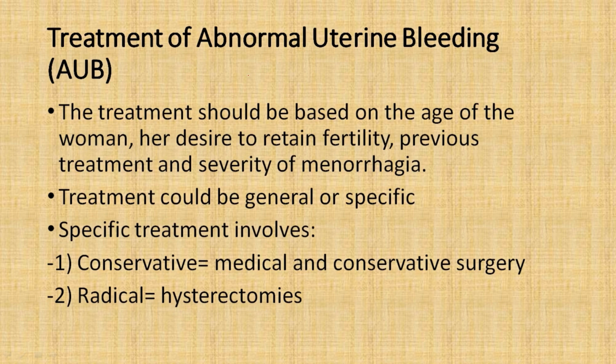What is the treatment of abnormal uterine bleeding? The treatment should be based on the age of the woman, her desire to retain fertility, previous treatment, and severity of menorrhagia. Treatment could be general or specific. Specific treatment involves conservative, which is medical, and conservative surgery such as